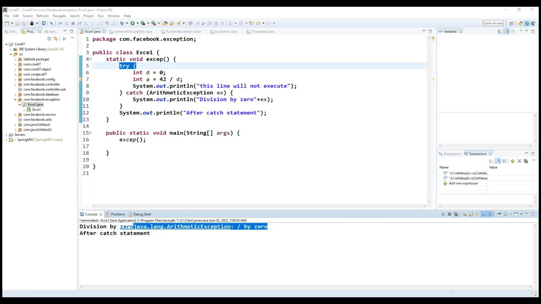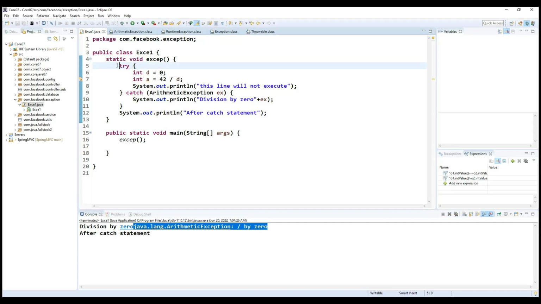And here, if I'm not handling this try and catch block, what happens internally? The default exception handler is going to be provided by our runtime system. Our runtime system is useful for debugging our application. So if I'm not using this try and catch block, by using the stack trace we can easily understand from where to where this exception is called, and at what line number we got the exception. Those are the details we can identify. But the only problem is, whenever I'm not using this try and catch block,